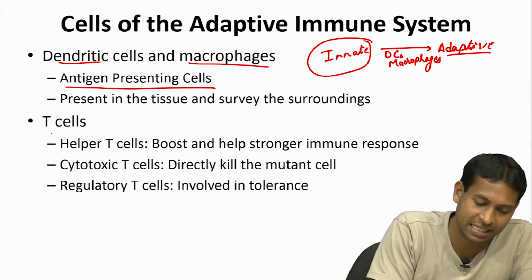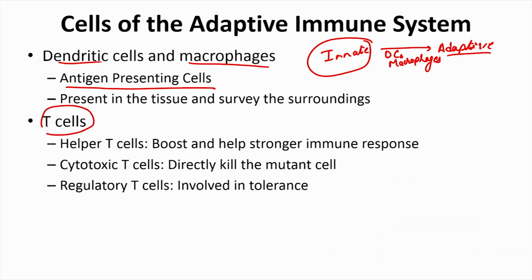Then the next are T cells. These are leukocytes, they are purely adaptive immune response, and there could be several types of them. There is a helper T cell which helps in boosting the adaptive immune response for a particular antigen. There are cytotoxic T cells which will go and directly kill a mutant cell or a cell that the body thinks is not normal, and then there are regulatory T cells, and these are involved in tolerance, which basically means